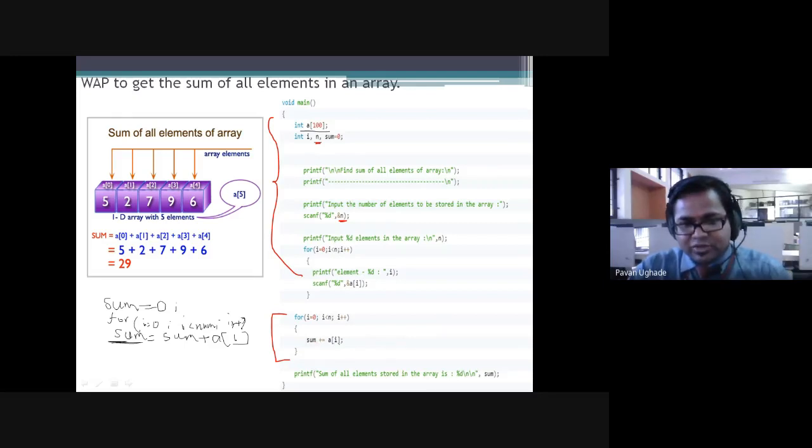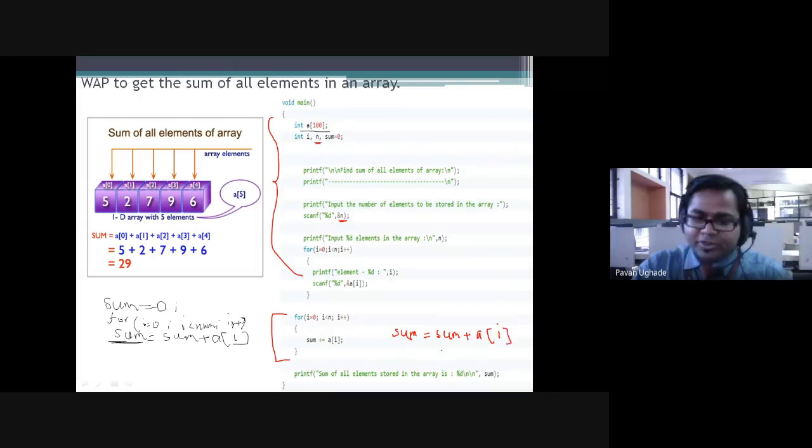This will be written as sum equals sum plus a of I. Sum is initialized with 0, so 0 plus what is a of I in this case, it is 5. This will be stored back into sum. Now sum is 5.